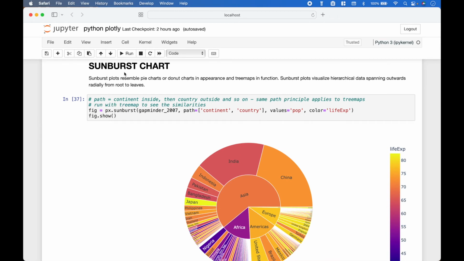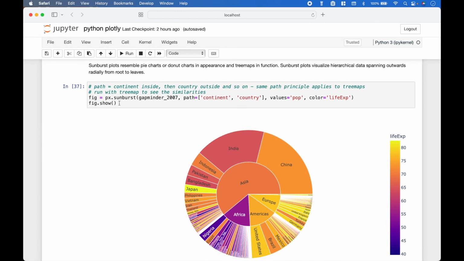Next up, we have the Sunburst Chart. To create the Sunburst Chart, we use plotlyexpress.sunburst. We put in our data and our path. Now notice for this example, the path puts the continent inside, here. And then the country on the outside, here. So the first thing we put in the path is the continent, here. Then the country, here. And to add more layers, put them in the path and they'll be added to the